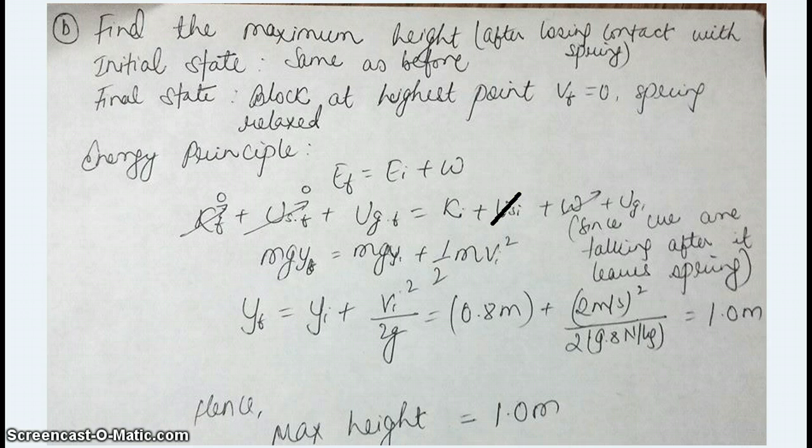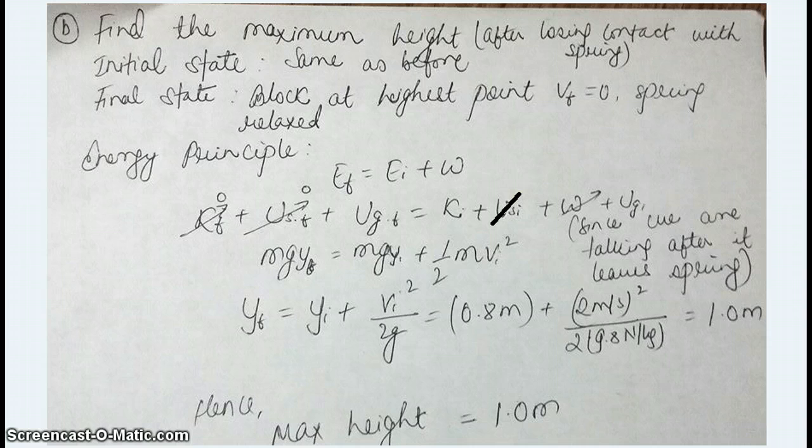So according to energy principle, energy final is equal to energy initial plus work done. Since the spring is relaxed, the work is still 0. On the final side, we have a final kinetic energy 0 because our final velocity is 0, and our final spring potential is 0 because the spring has no load on it at that point,